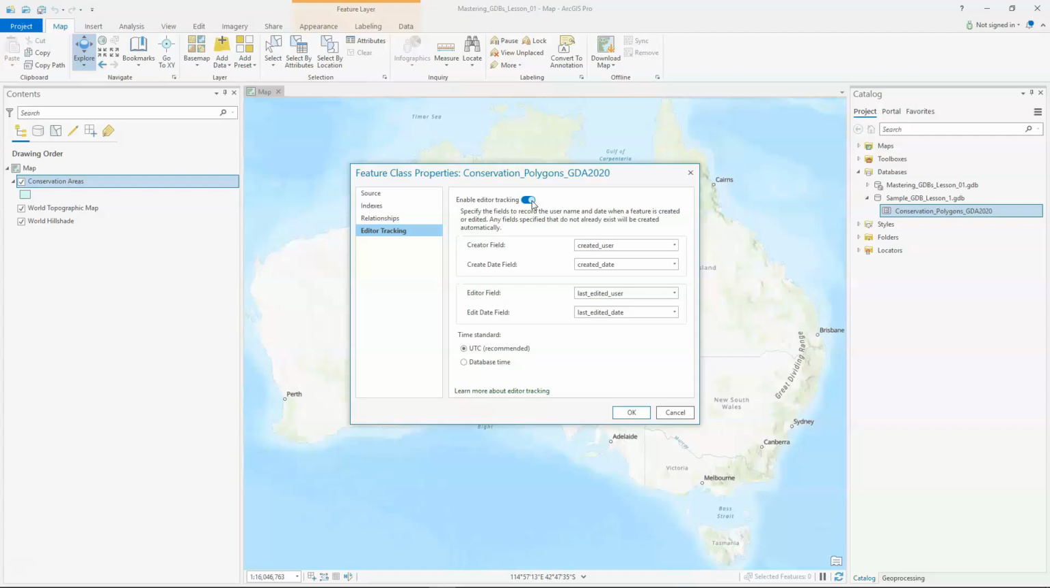Alternatively, ArcPro can automatically create the required fields with the field names shown in these drop-down lists. If you're going to